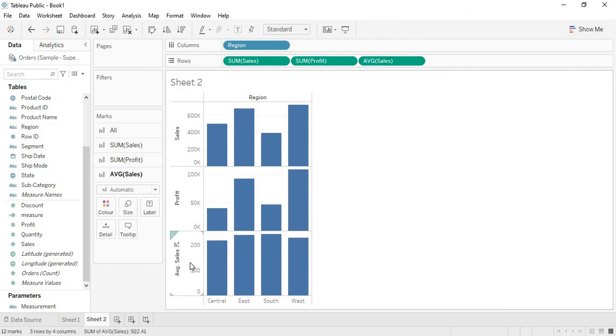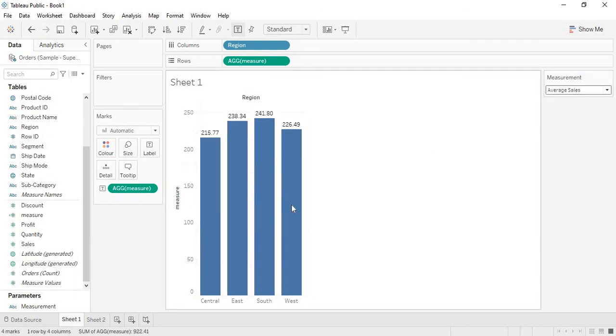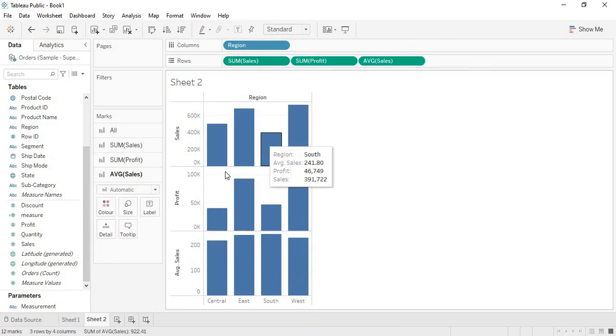If we see here, the average sales for the central region is actually 215.77. If we go to the sheet we have created, there itself the average sales for the central is 215.77. So instead of giving these three variables in a subplot graph, it will have a best value in the dashboard.